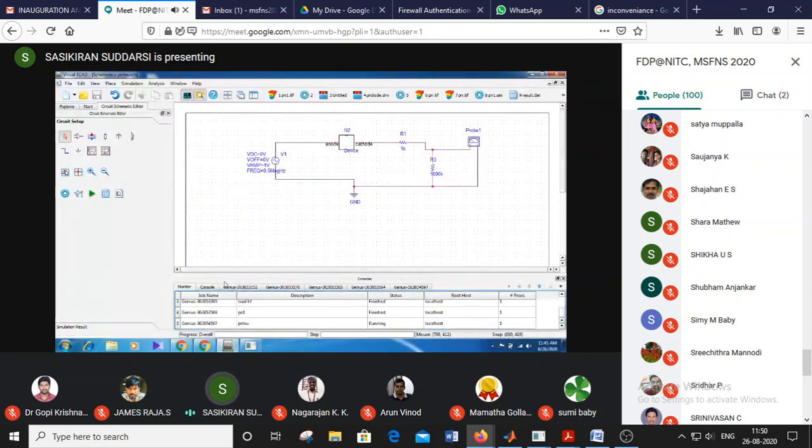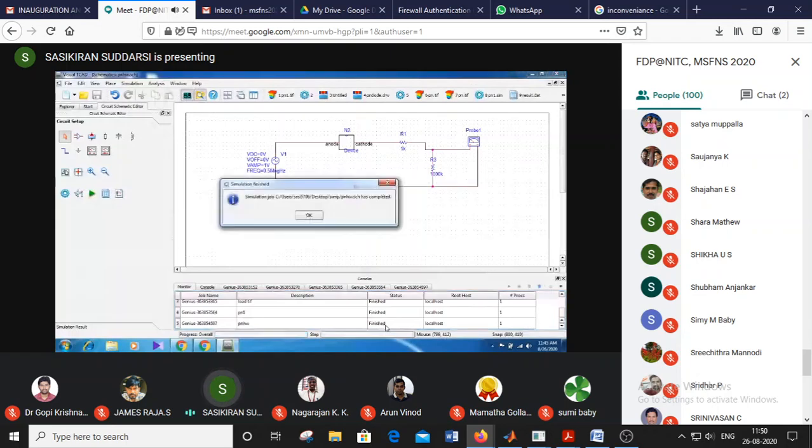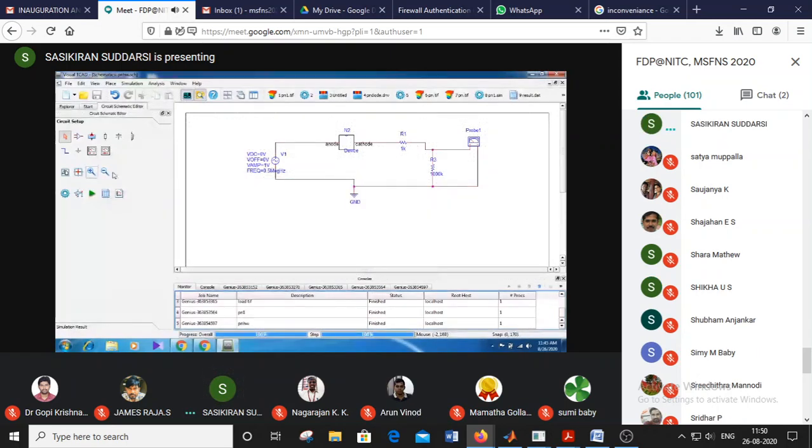So the Genius tool is running the simulation. It is running. Simulation job completed. So we can load that one.